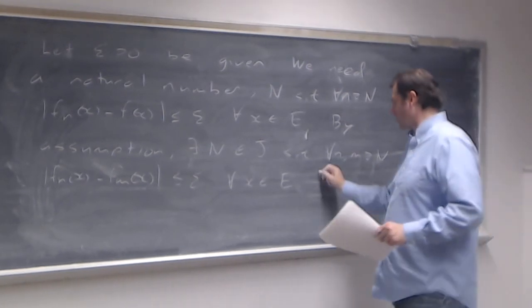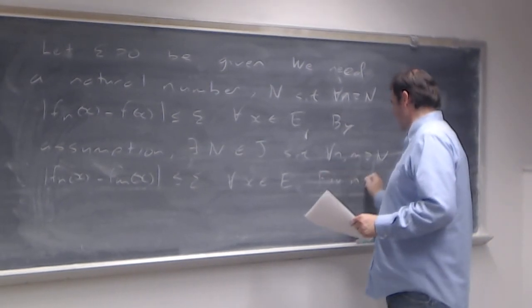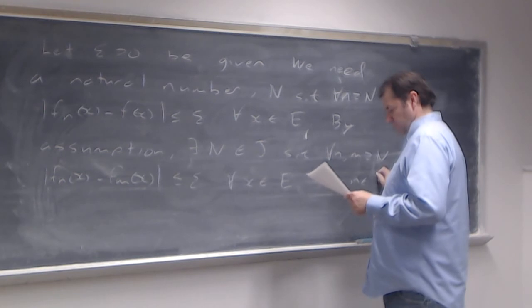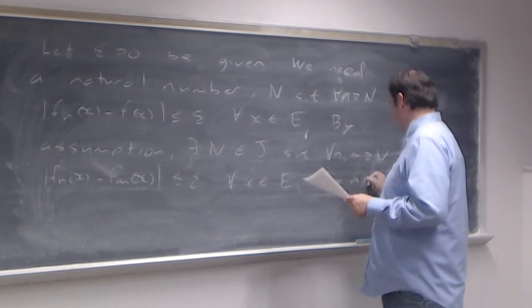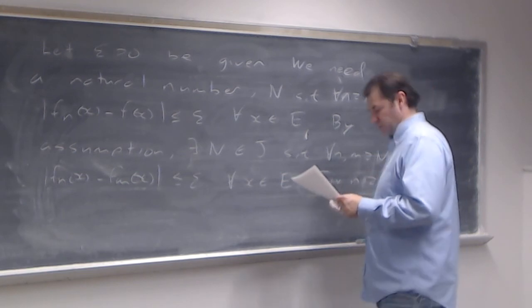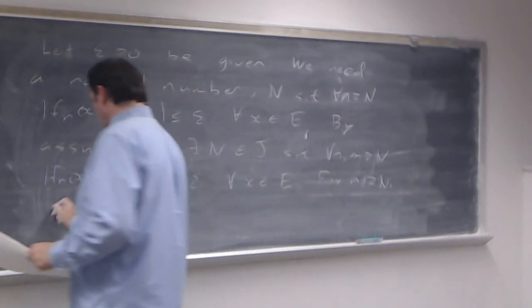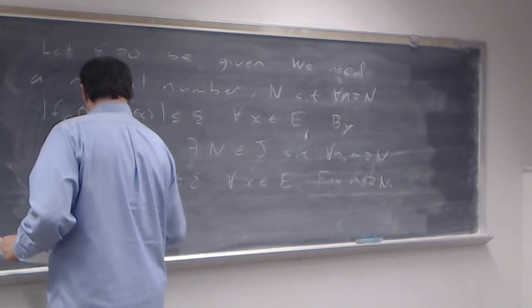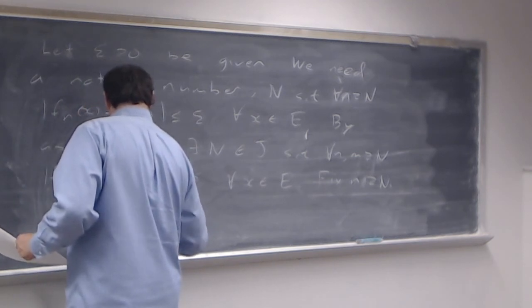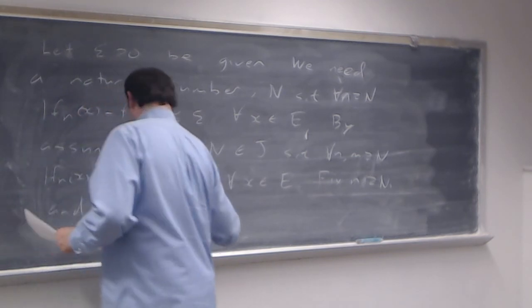Now what we're going to do is fix n element of J. Fix n that's bigger than this big N. Okay, so fix it. And then we're going to let the limit as m goes to infinity